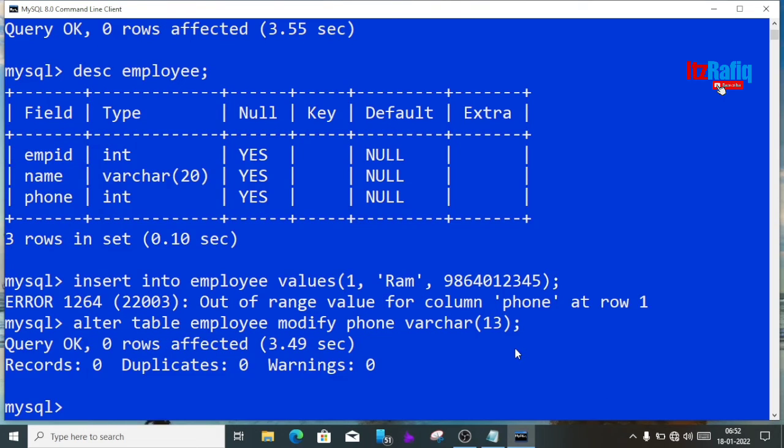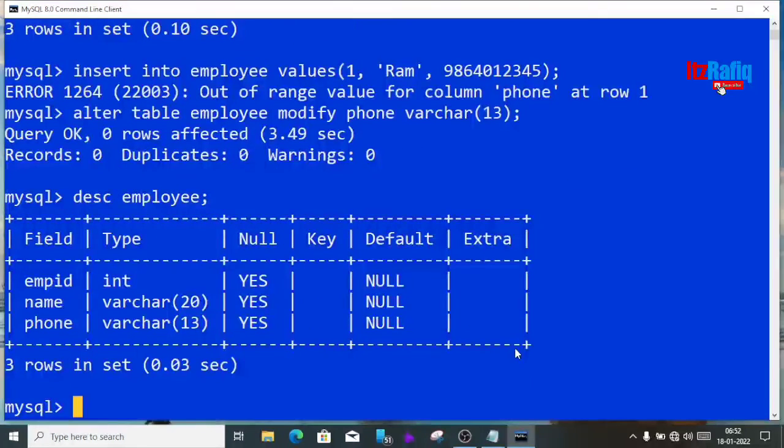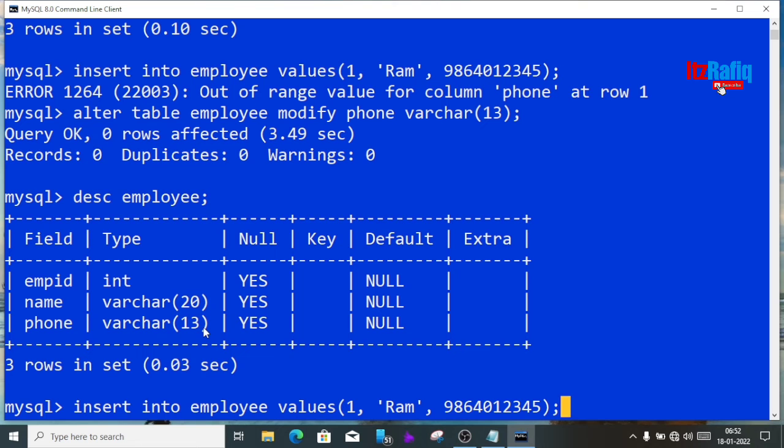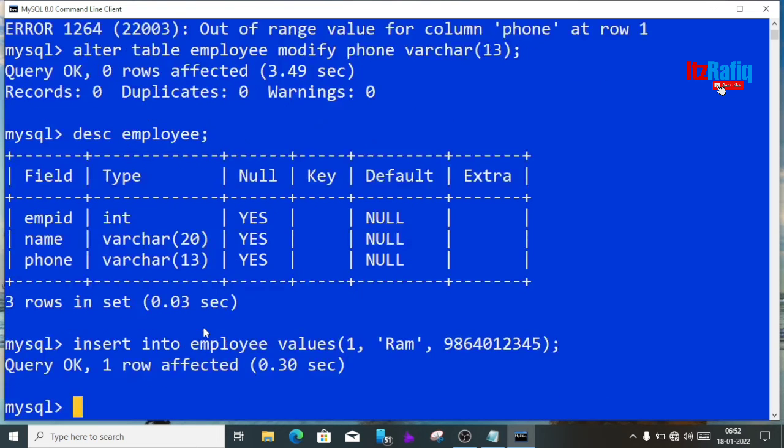Now let's see the structure of the table with DESC employee. Now the phone number field is varchar. Now I am going to enter the same data which I tried before. Now Query OK, one row affected. Now let's see what I have entered.